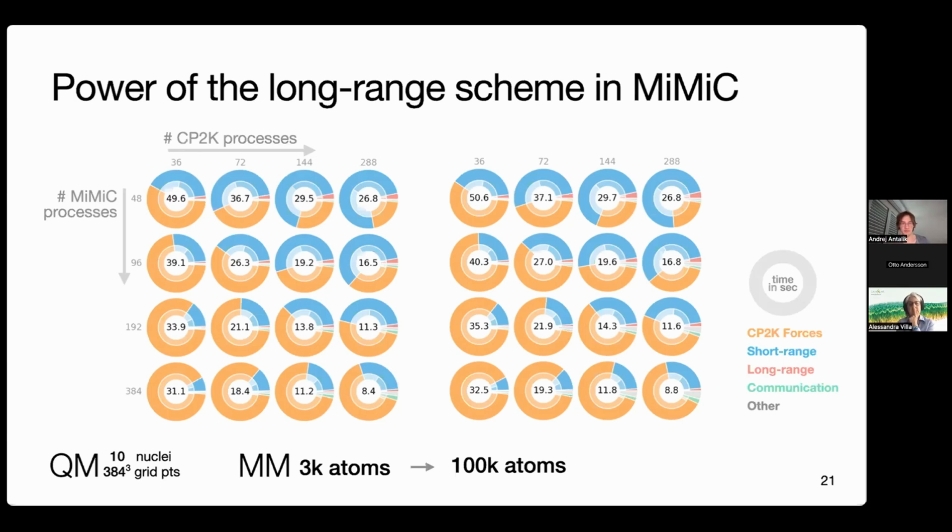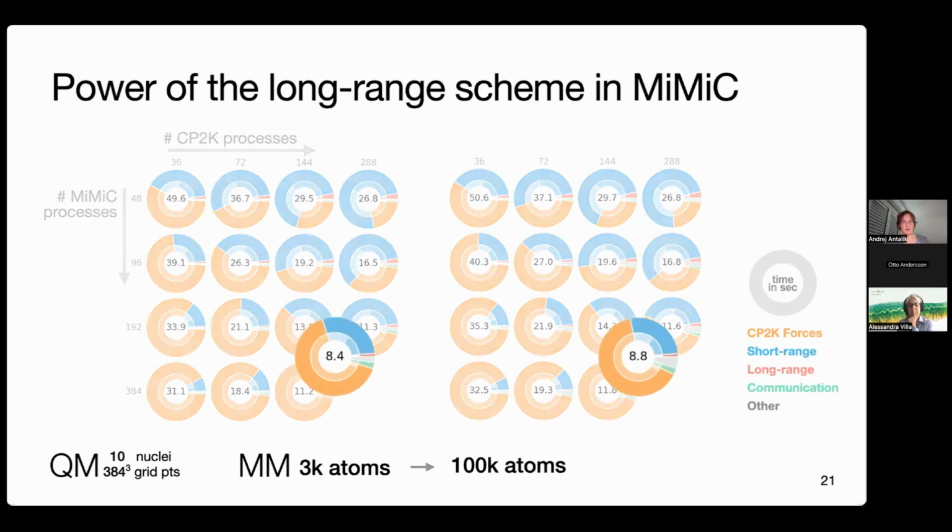So I would say reasonably sized. And then we had 2 different MM subsystems. The donut plot array on the left comes from simulations performed with a small MM subsystem of about 3,000 atoms. The one on the right one of about 100, I think 100,000. Yeah, sorry, that's written there. 100,000 atoms. And you can see from this simulation, I'll take the one that was the most efficient,